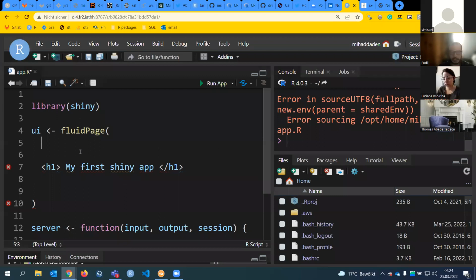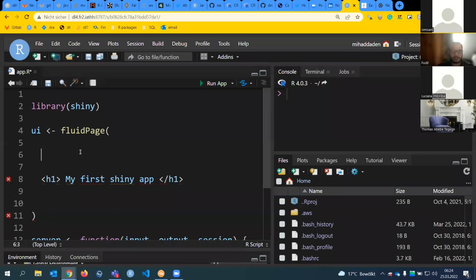Actually, it's not really a function. It is a function, but it's mainly an object. So if I do shiny...